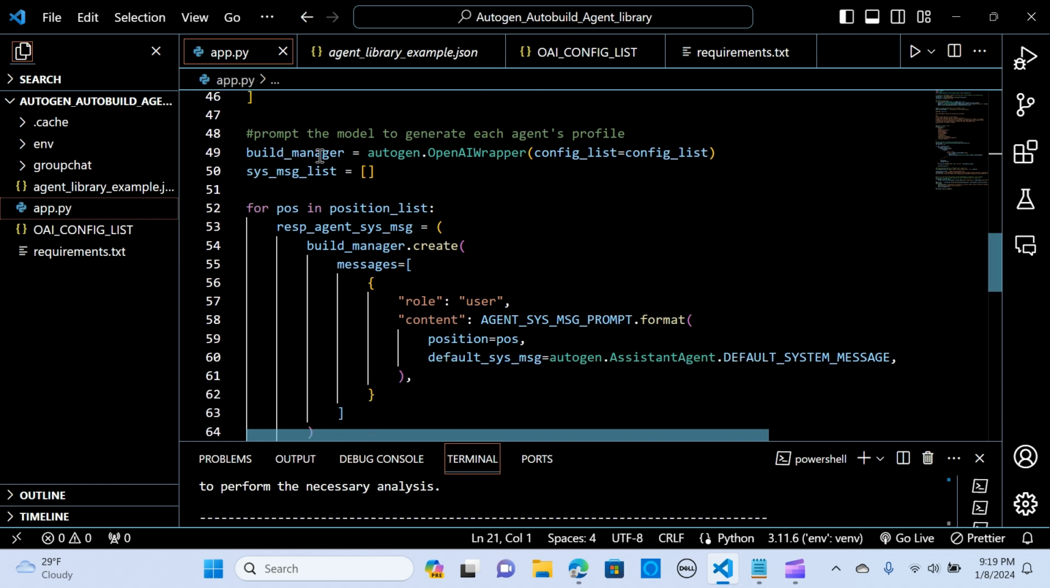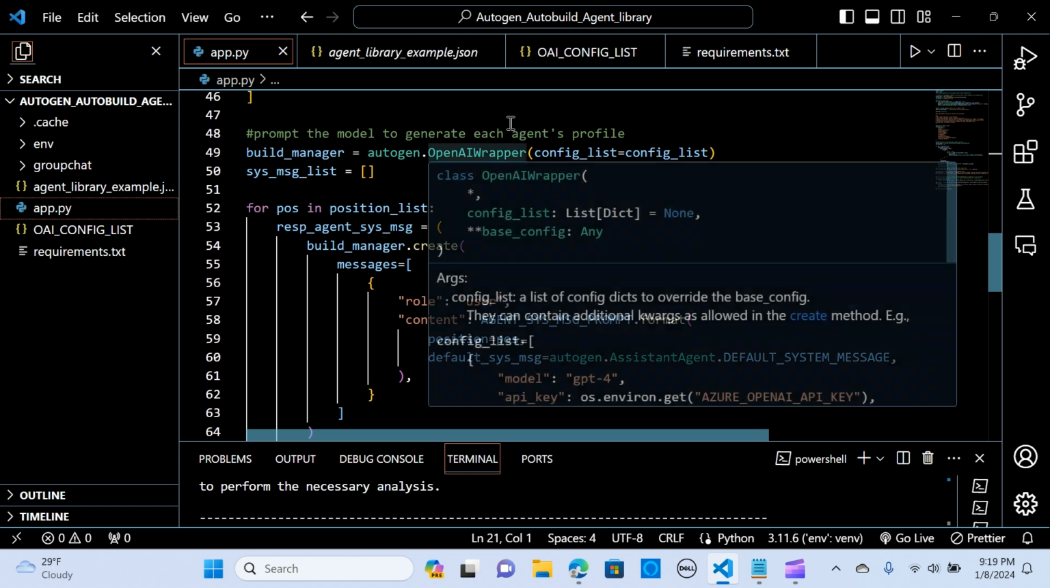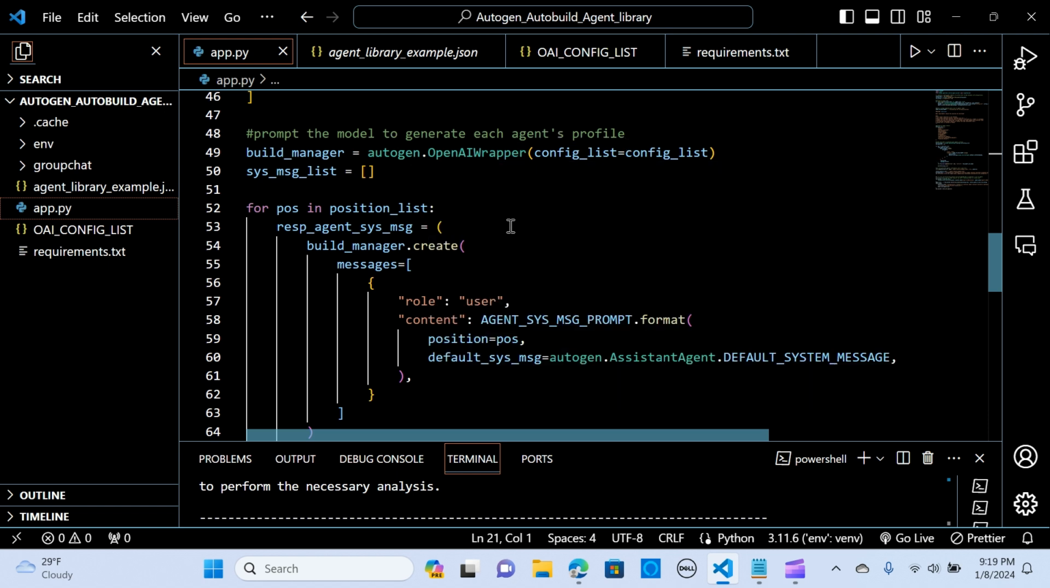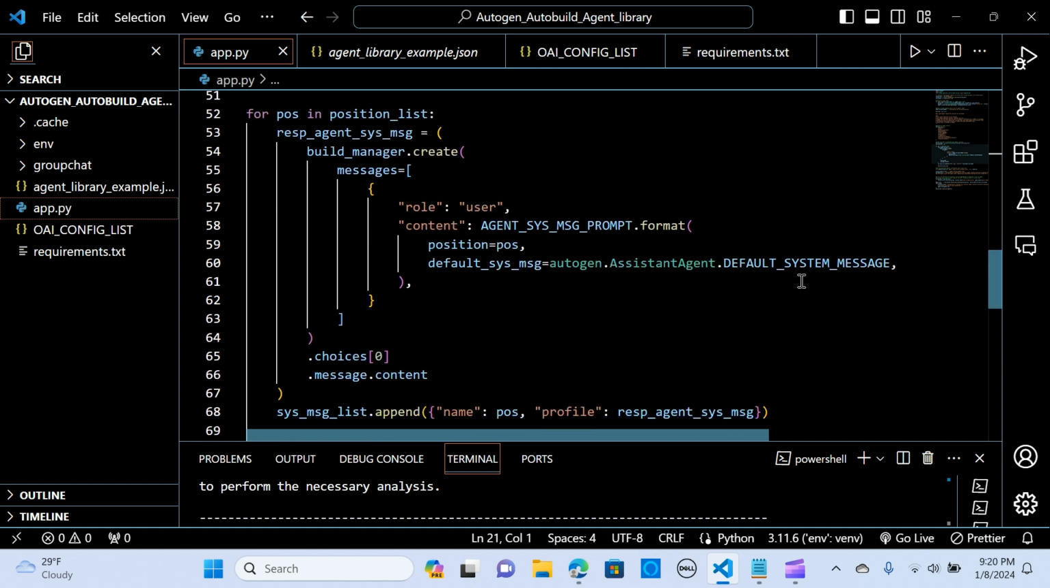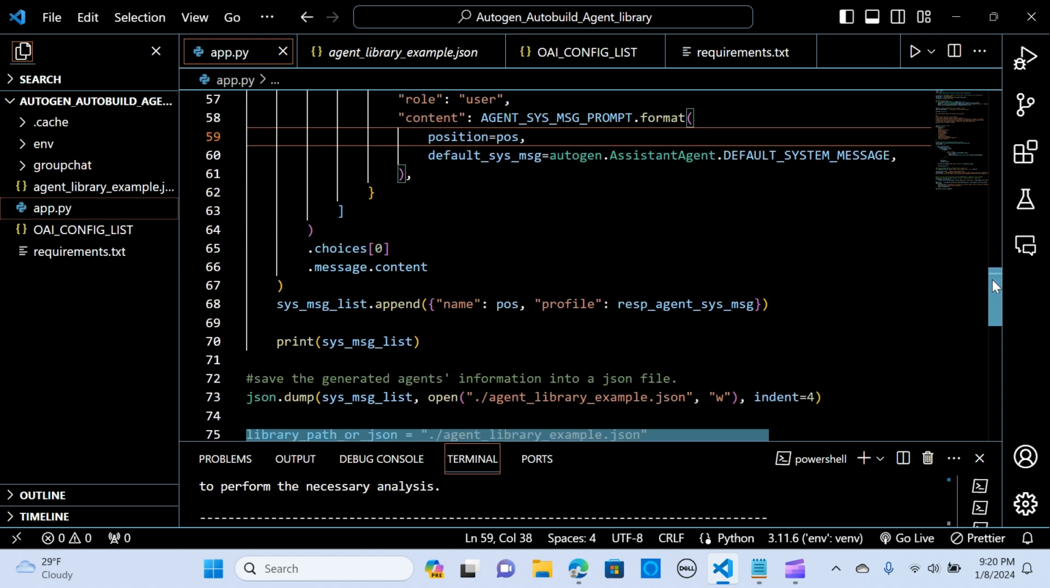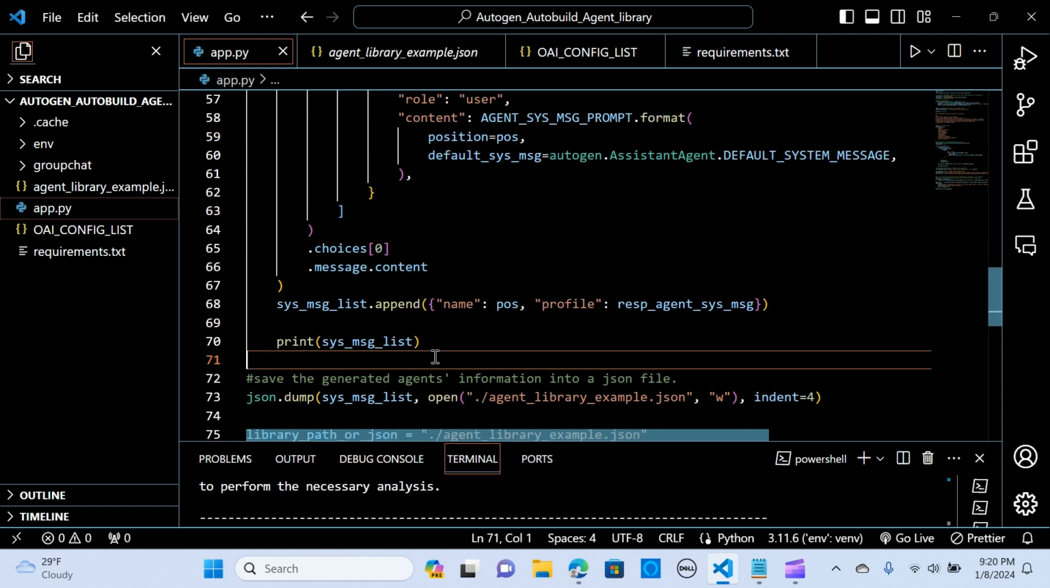So we are creating a prompt for the model to generate each agent's profile. This code is going to generate each agent and a profile. We are passing the OpenAI wrapper from Autogen and the system list. We are going to assign each profile and each agent to each task. So we create a loop. For each position in the list, we pass the user and the content, and it generates the profile for each of the agents. Right, so we append the name and the profile. So when we print that,